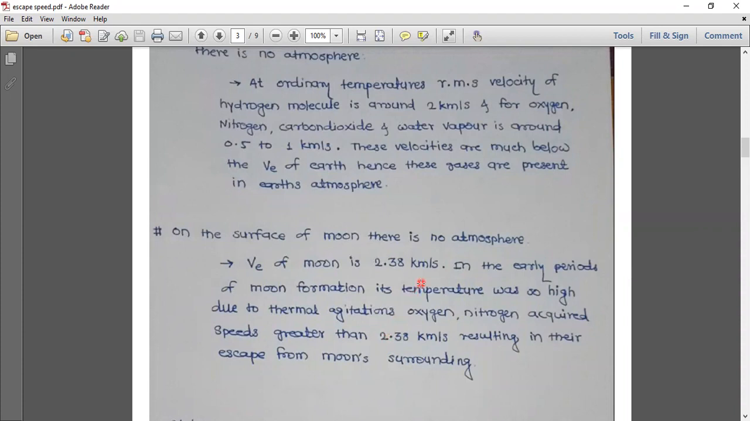The reason basically is escape velocity. If the escape velocity of the gases is less than the escape velocity of the planet, then they will not escape. But if the escape velocity of the gases is more than the escape velocity of the planet, then we can say that they will escape from that planet. Okay, right. So next,